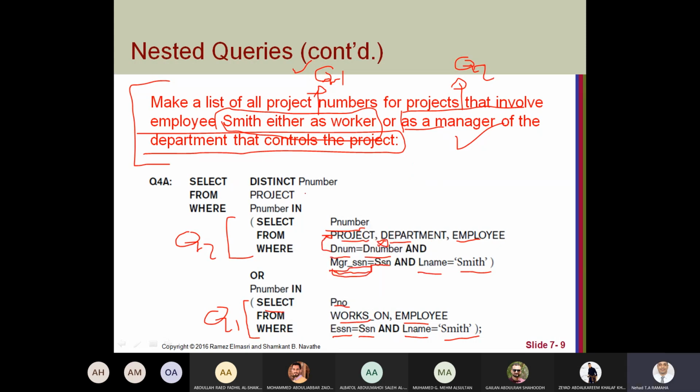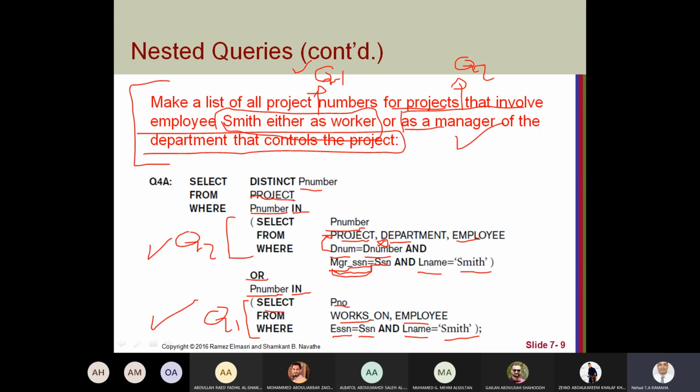So we need to get the project number for projects, project number from project. But we have a condition. The condition means the project number should be in the result of this query or in the result of this query.